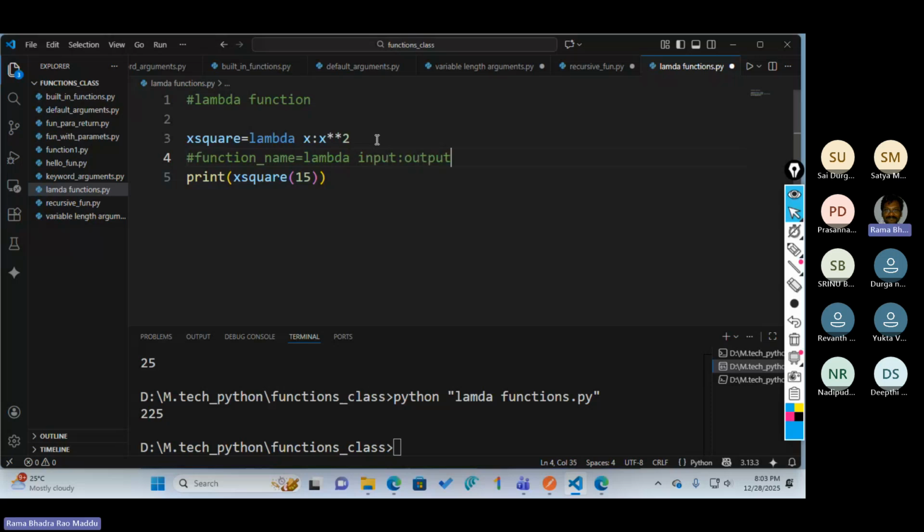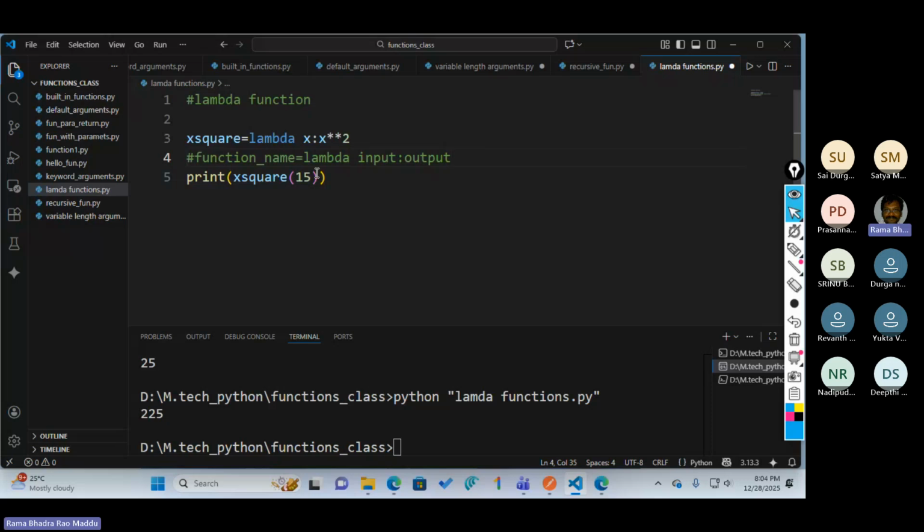Simply to understand: input colon output. Whatever you give as input, you get the output.